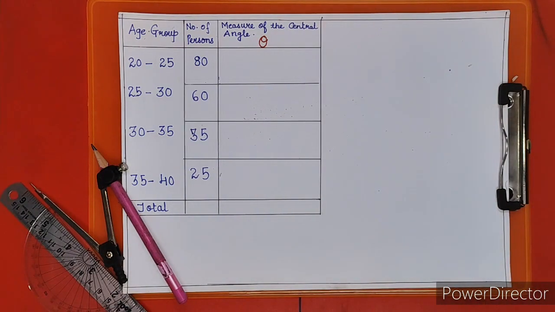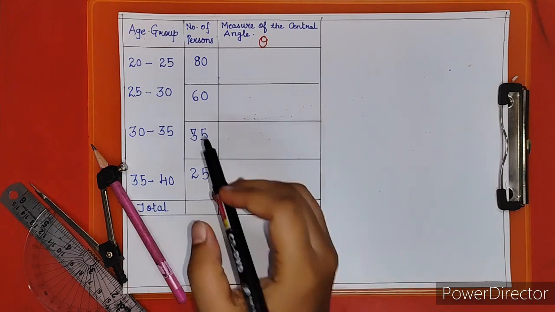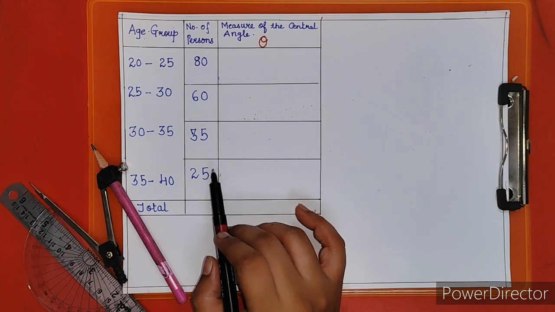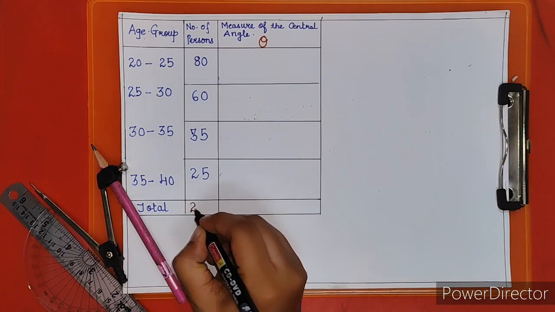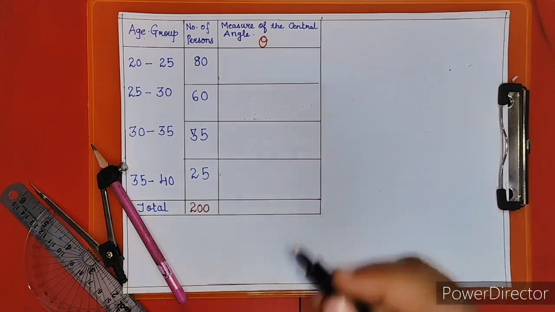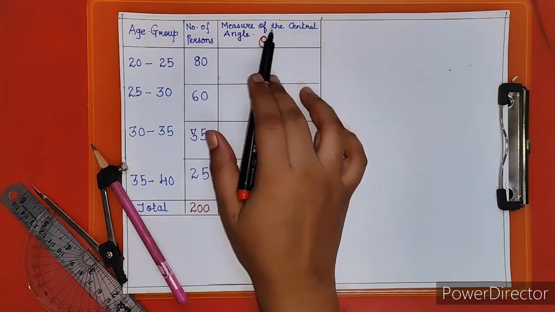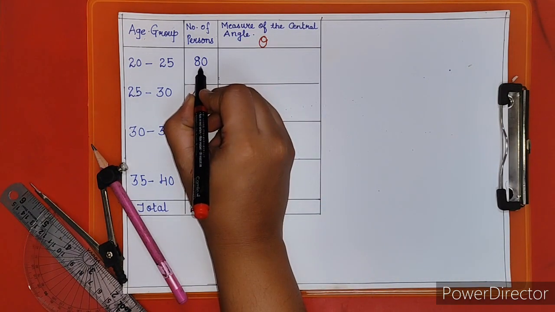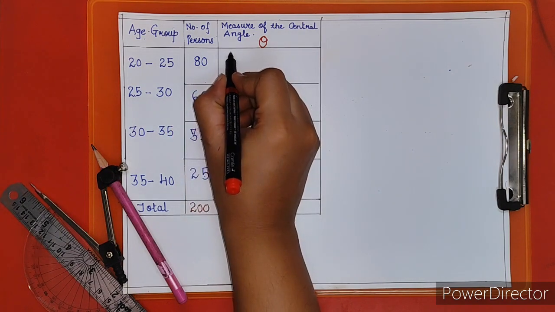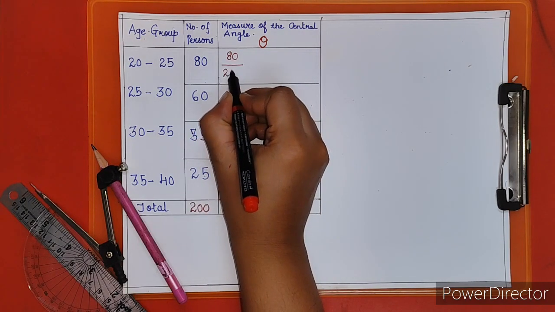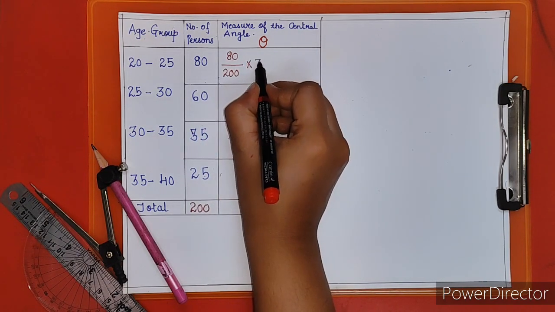Now one by one we will find the central angle. Before we find the central angle, we will do the addition of the frequencies. 80 plus 60 is 140. 35 and 25 is 60. 140 plus 60 is 200. So the total number of persons is 200. So your first central angle: here the number of scores means the number of persons, that is 80, upon the total number of persons, which is 200, multiplied by 360 degrees